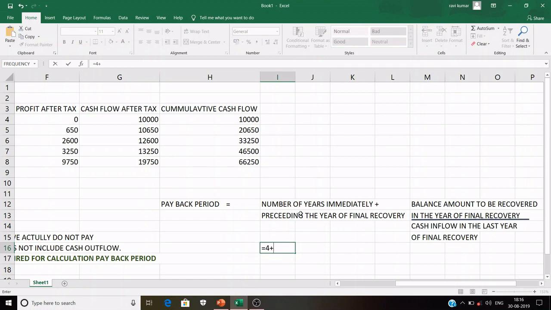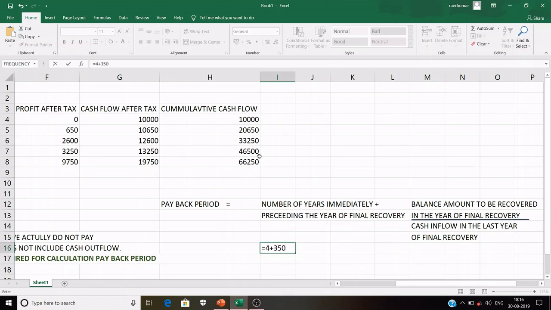Now plus, what is the balance amount that you need to be recovered till yet after assuming fourth year? In the fourth year, I am receiving 46,500, while I need to receive 50,000 rupees. So after deducting 46,500 out of 50,000, the rest amount would be 3,500 that I still need to be recovered. That I will recover in the fifth year. So my balance amount would be